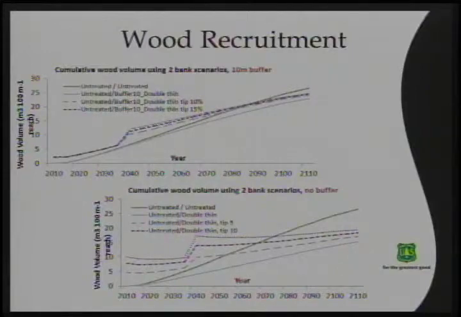Wood recruitment. So NetMap will run some wood models, and in all cases, if you just treat the stand, you're going to have a reduction in wood recruitment through time. And what we're looking at here is the area under the curve. This is by year, you'd sum up all these years, area under the curve. So in all cases, you're going to have a reduction in wood recruitment through time,